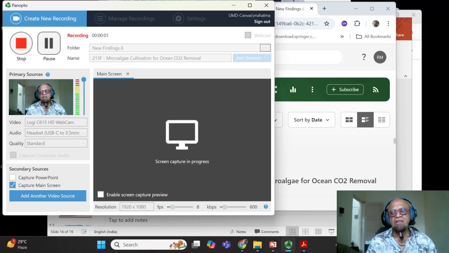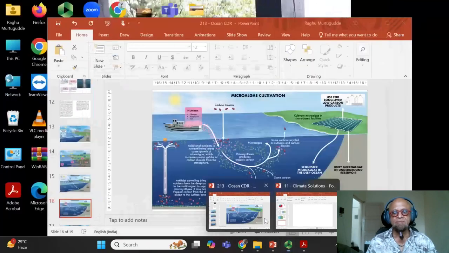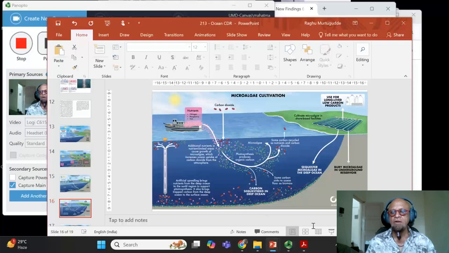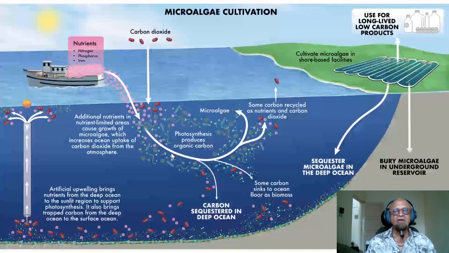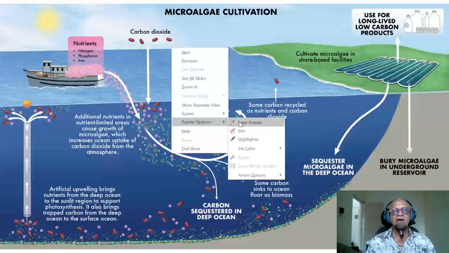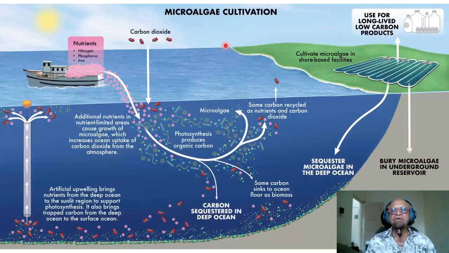Let's learn a bit about cultivating microalgae as opposed to macroalgae for enhancing ocean carbon dioxide removal, ocean CDR. So microalgae cultivation, again, you have natural processes of carbon uptake, photosynthesis. Microalgae need lots of nutrients, nitrogen, of course, nitrate, which is like urea, ammonium, and so on we put on land, and phosphorus and iron are nutrients that are necessary but are not as abundantly available as nitrogen in the